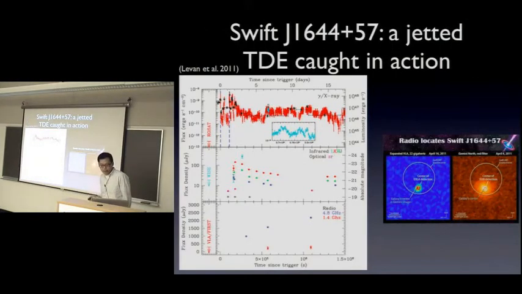Recently, there's a very interesting TDE candidate detected by Swift. The spectrum of this event looks like an X-ray wave band. Here, the red color shows the X-ray, and the time scale of the X-ray emission is about a few weeks, and also the localization of this event is coincident with the center of the host galaxy. So this information points strongly to a tidal disruption event.